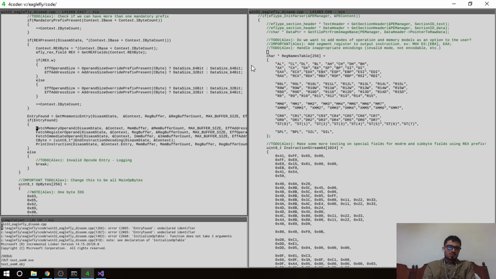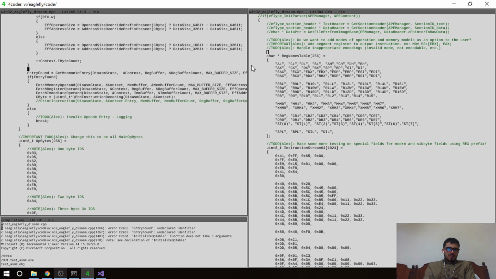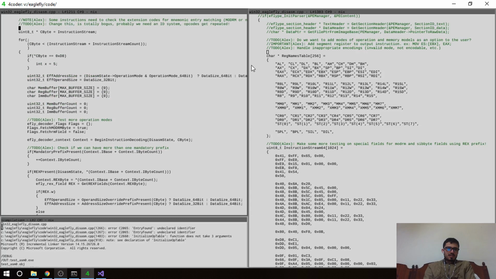And well, we don't need to print it out, if that makes sense. That's what I would say. We just need to find this stuff and encode it. We just care about getting the mnemonic entry, but well, yeah, it's just like that. We don't print it at all. So we can just get rid of that, and then we can say that